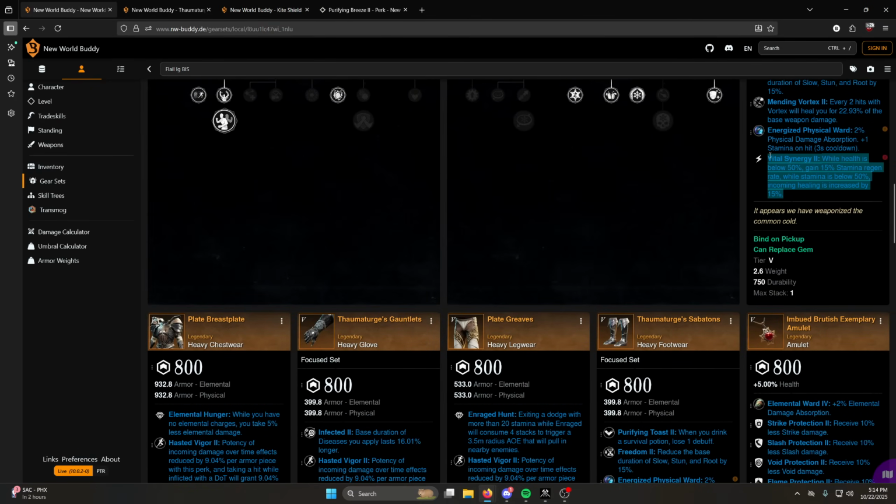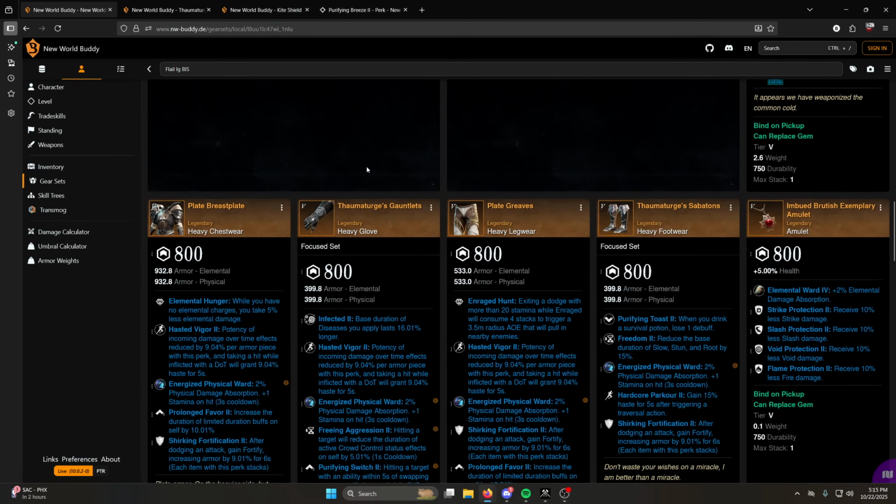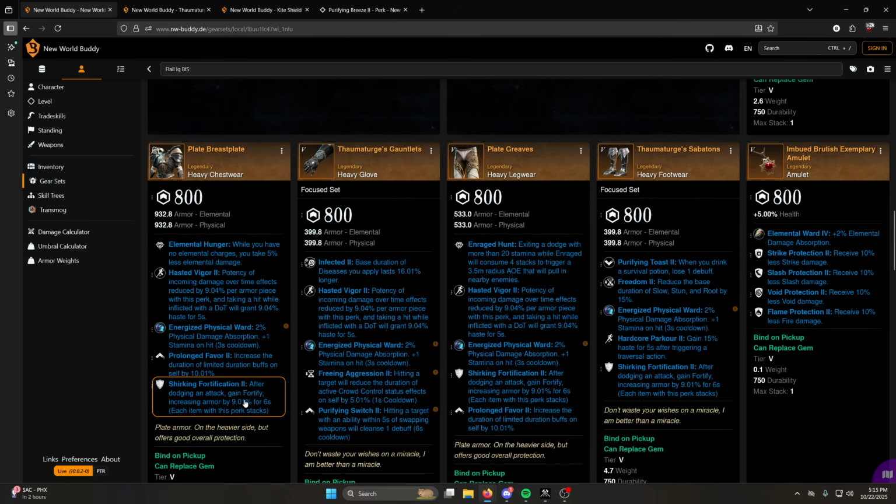The weird thing is this comes with Vital Synergy on it, so that changes stuff a little bit because we have Vital Synergy on there. We no longer need it on the chest piece, so we can pick up a Prolonged Favor, Shirking Fork combo there. I did it with an Elemental Hunger Infix, so this is going to be ungodly hard to hit an RG roll for, but honestly, the Prolonged Favor I think is a little debatable if we're not going to stack